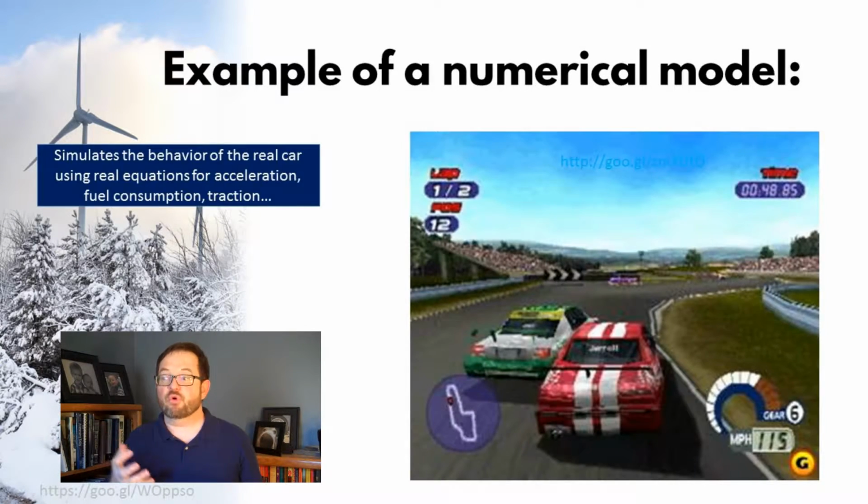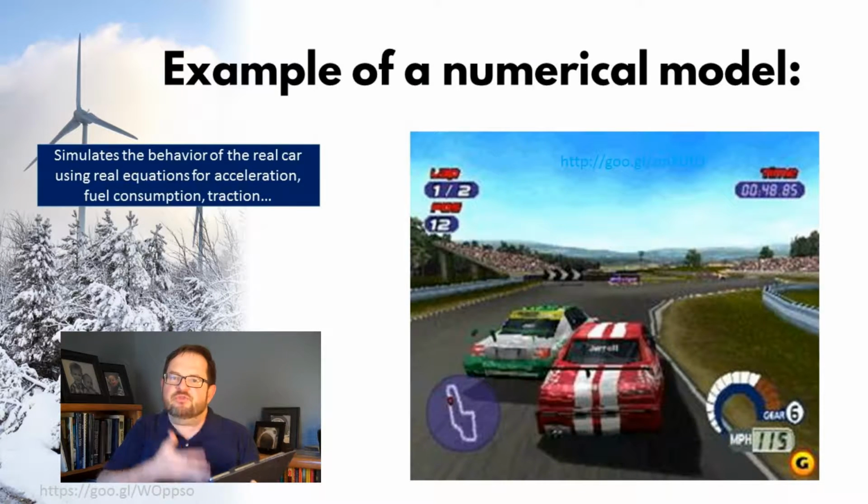Based on Newton's second law, what does that mean for the changes in the motion of the object, and so on. A more down-to-earth, no pun intended, example would be a video game about cars, like a car racing video game. Really interesting car racing games are numerical models. The video game is simulating the behavior of real cars based on their real physics. If the car could drive at half of light speed, turn on a dime, stop instantly, and fire nuclear missiles, it wouldn't be much of a fun game.